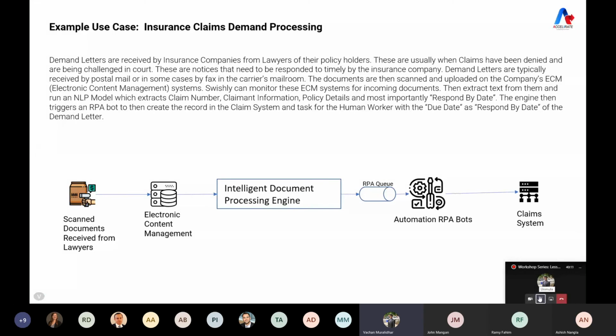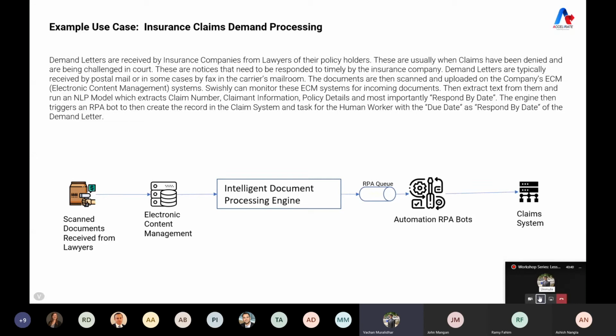The way we designed was we OCR those incoming documents coming from the mail rooms. Then we utilize all the pre-processing required for the machine learning models to classify which page is a claim letter. So once the model classifies which page is a claim letter, then we use a separate entity recognition model to recognize what are the entities that we need to extract from the documents.